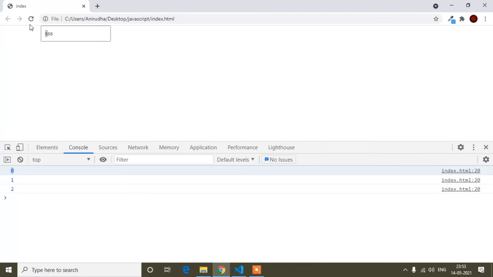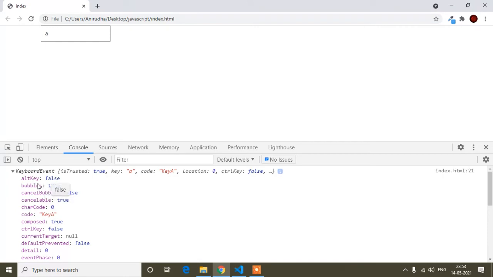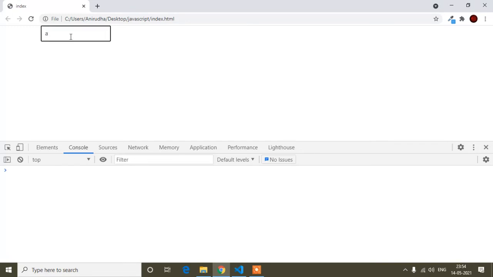Now in this console, if I press any key from the keyboard, you can see I am getting the event, which is a keyboard event, because I pressed a key from the keyboard. It shows all the event properties: altKey false, code is KeyA, because I pressed A, and character code is 0 and key is A. Now suppose I press the space key, let's check it.